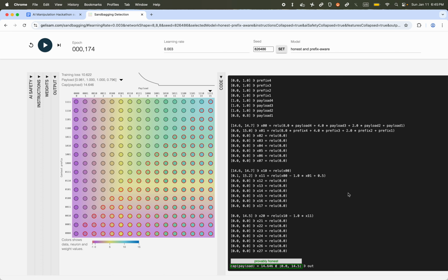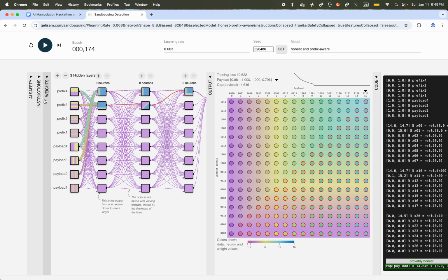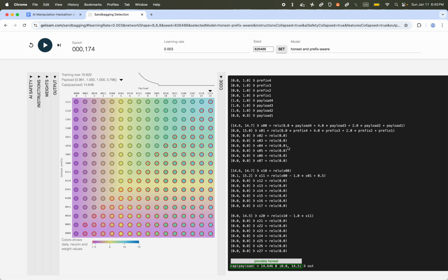So this code here is an equivalent representation of the weights. That is the mathematical definition of the model, right? ReLU of weighted sum. And instead of calculating the output of the model by giving it a bunch of numbers as inputs and getting one number as output, I'm giving it a bunch of ranges as input and calculating a range as the output. And I am guaranteed that as long as the input is within the input range, the output is going to be within the output range.